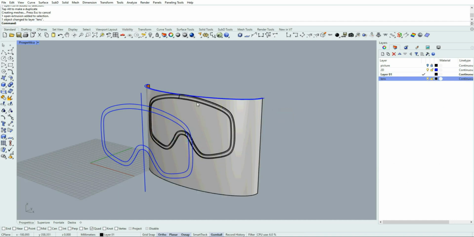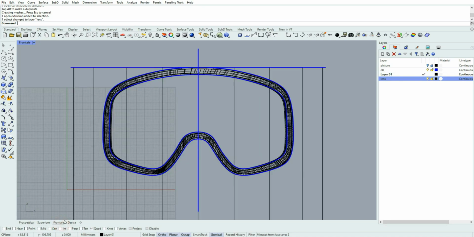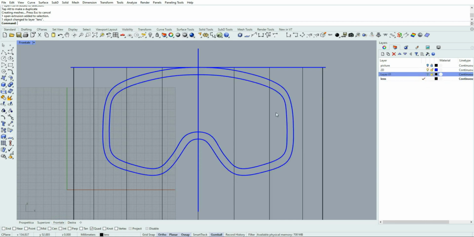Also, if it's not active, it's enough to select it. Okay, now in front view, okay, I make lens layer named lens active.